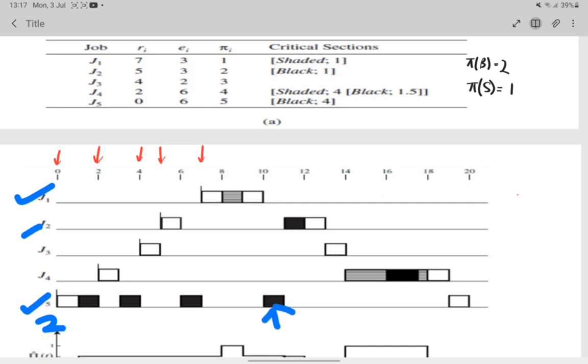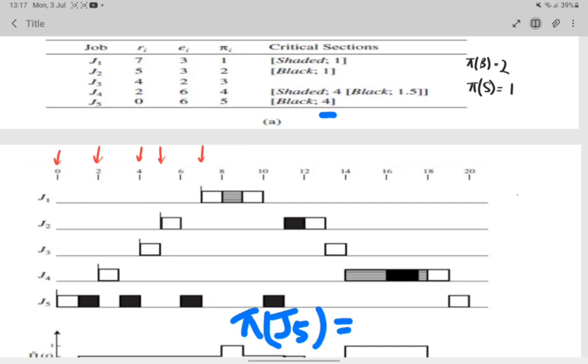And here you can see that the resource has been executed completely, which is 4. So then the priority of job 5 goes back to its original priority, which is 5. And then from here you can see the priority of job 2 is the highest, so